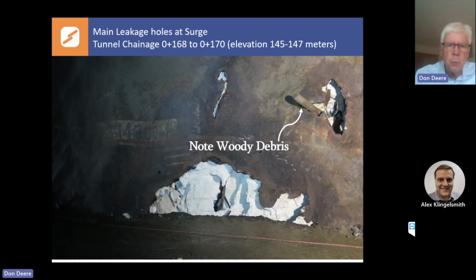When the tunnel was in fact dewatered for construction and repair 1 year later, that is exactly what was found, that the leakage was primarily confined to one area high up in the mountain topography above the groundwater table, and that in fact the shotcrete had been eroded out and the limestone behind it dissolved out.